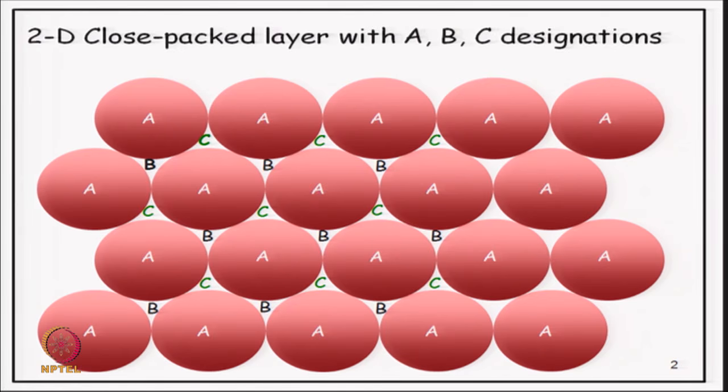So, when we build up the stacking in 3 dimensions, after an A layer we can have a choice of either B or C, and then on a B layer we again have a choice of